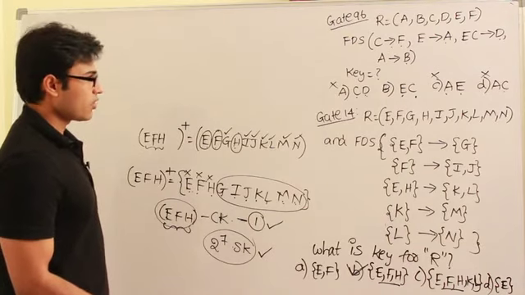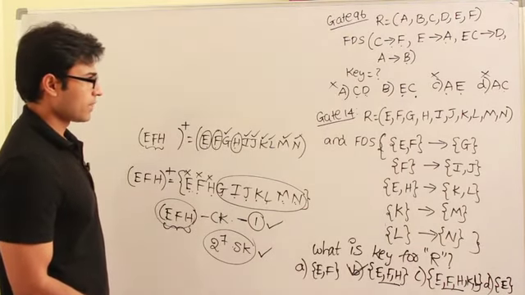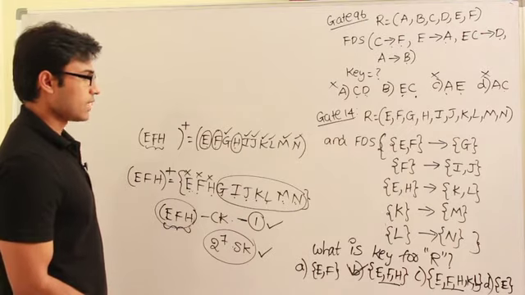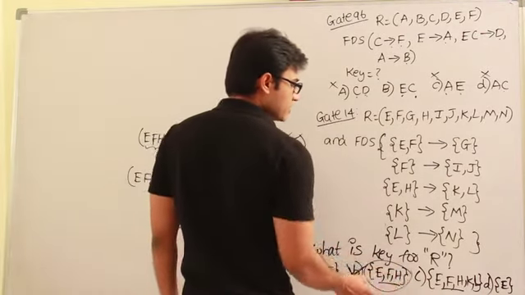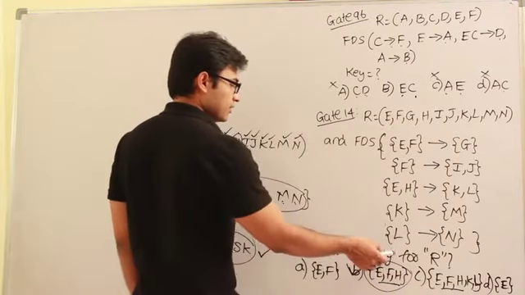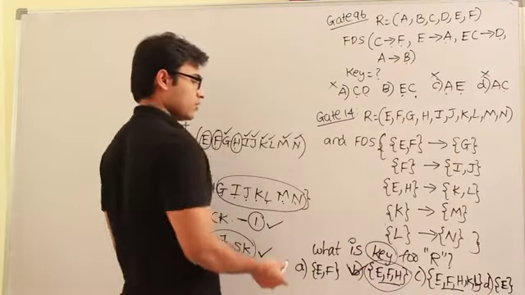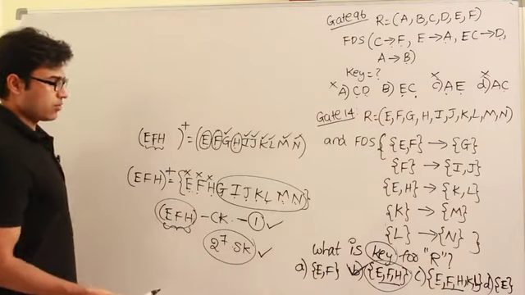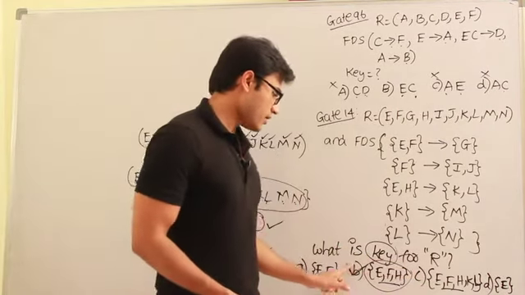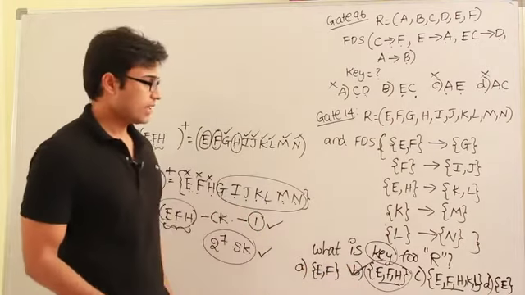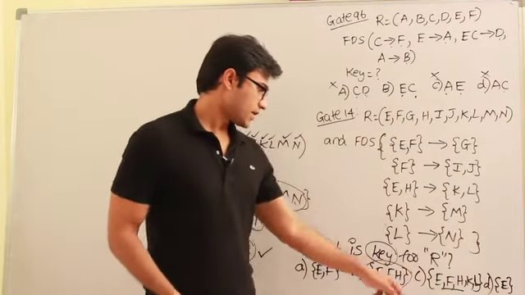But if you go according to the concept of candidate key, then it is going to be the candidate key. In general, key means you might get both of them, right? I think they should be asking about the candidate key only. I don't know. For the key, both of them actually satisfy, right? For the candidate key, only this one satisfies, right? And for the super key, both of them satisfy.